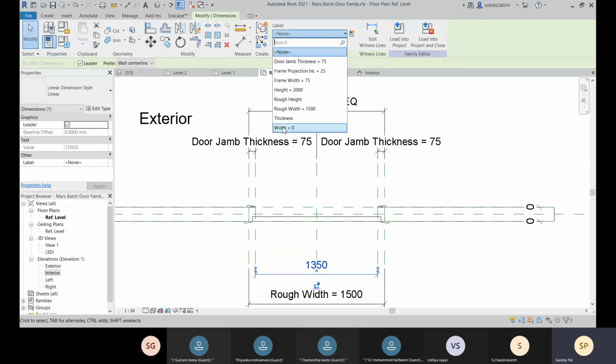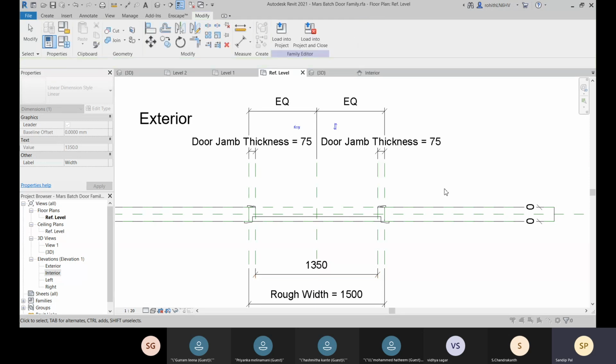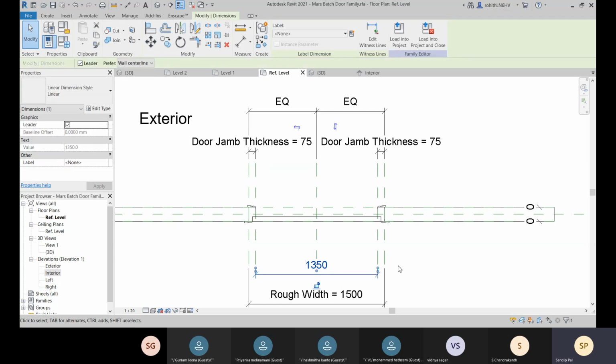So let me just select and check it. Width, yes. See, this dimension would over-constrain this sketch. Yes, because with this reference plane, one constraint is already there. With this parameter, one constraint is already there, and you are going to apply it again, so it will definitely over-constrain.